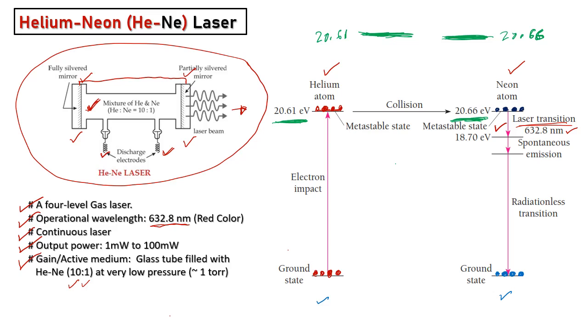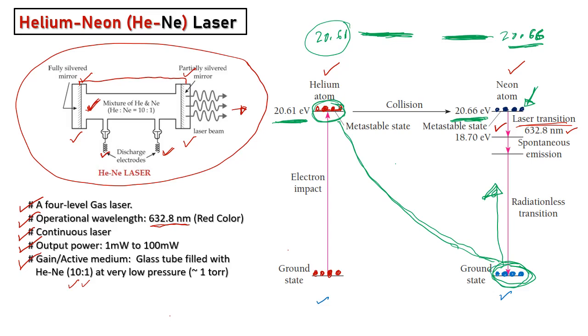Okay, with 0.05 electron volt of additional energy being provided by the kinetic energy of the atoms, because we need 0.05 electron volt more energy for the atom to come to this state. So when the excited atoms of helium collide with the ground state atoms of neon, they supply their energy and